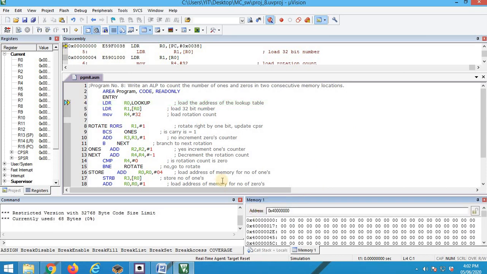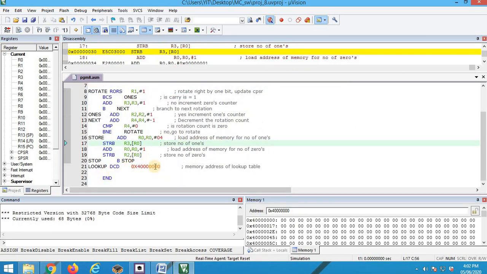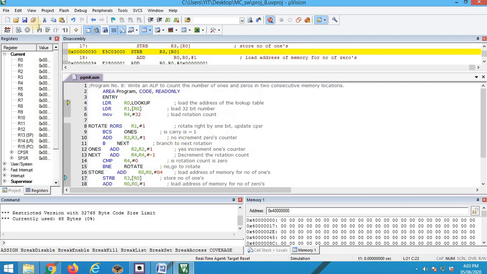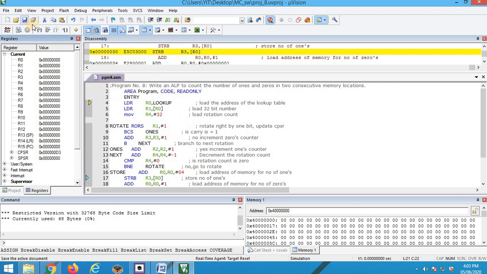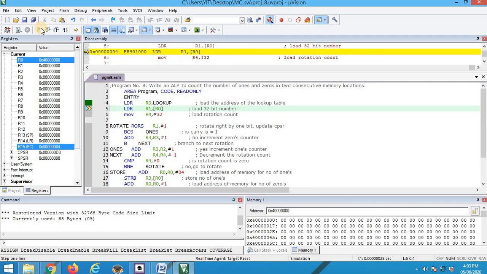So let's go to memory. So here lookup is this particular value. So first instruction R0 comma lookup. So whatever value you have assigned to lookup will be stored in register R0. Then R1, load a 32-bit number.